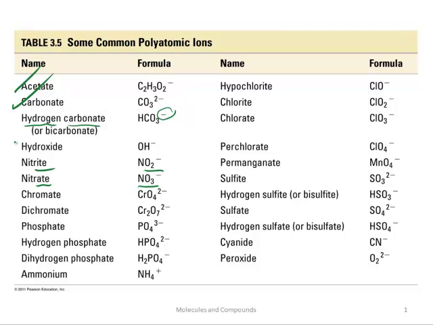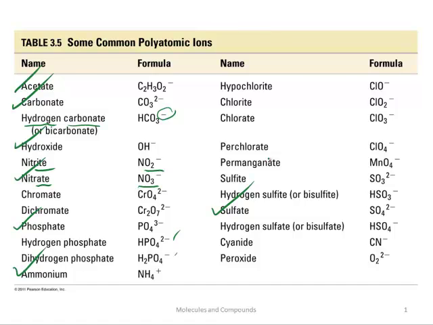Okay, the hydroxide ion is the basis of our terminology for bases and basic solutions, so that's very important. Nitrate is an extremely common polyatomic ion, and so is phosphate. And again, you can add hydrogens to phosphate to become hydrogen phosphate, or two hydrogens become dihydrogen phosphate, and that reduces the charge. The ammonium polyatomic ion is one of the very few very common positively charged polyatomic ions. And then over here we have the sulfate polyatomic ion, SO4 2-. Again, these occur very frequently in the chemistry laboratory, so you should commit these to